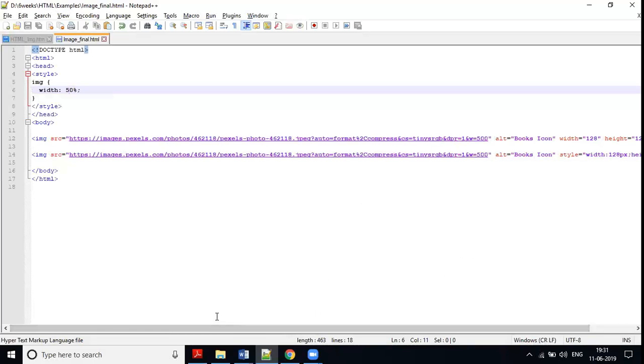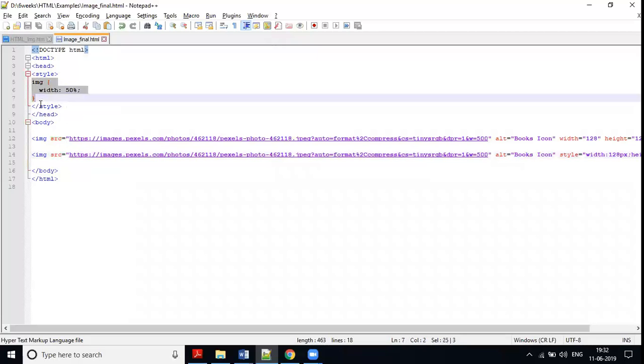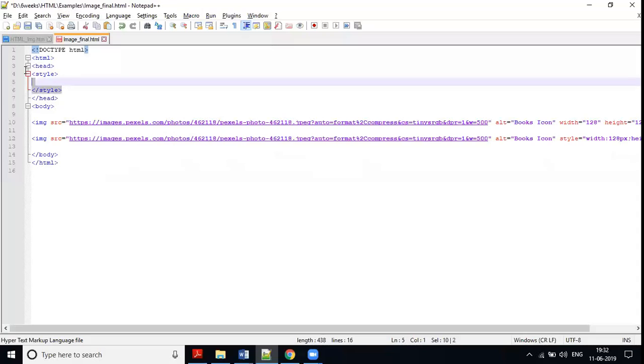Just you need to understand this, the source URL must be correct so that your image gets loaded. If I remove this, there is no use of